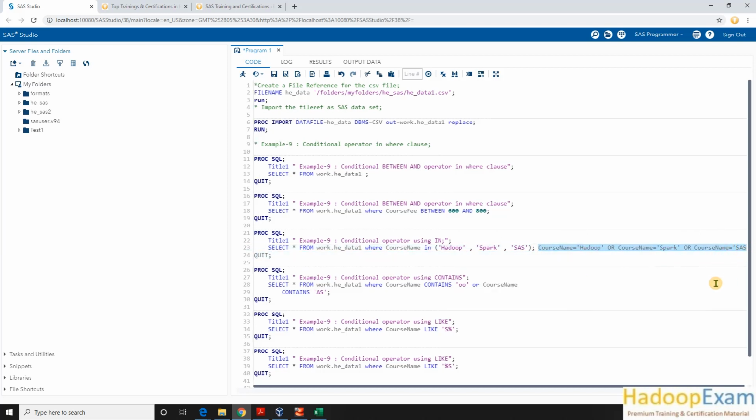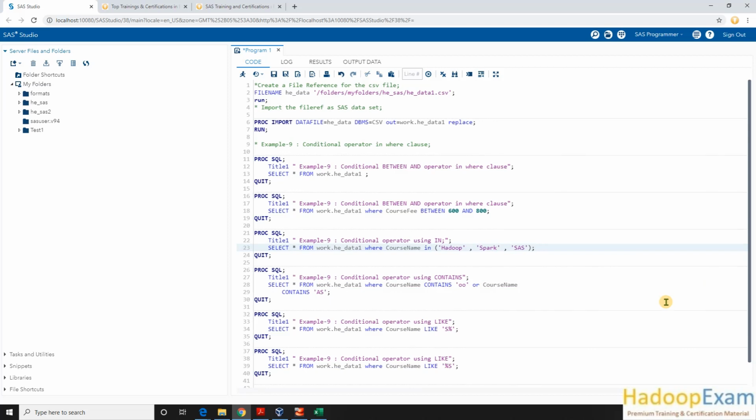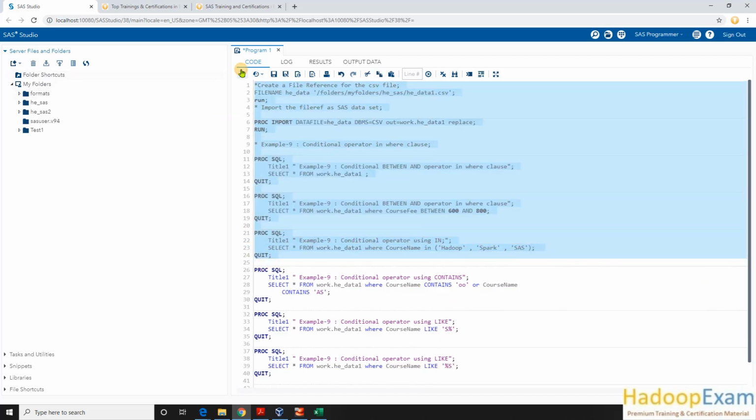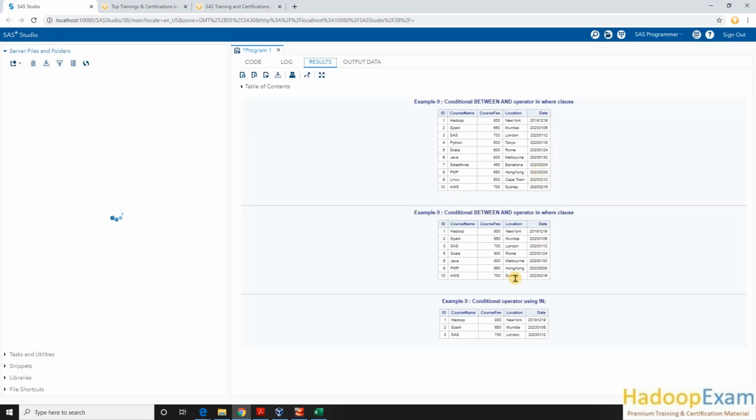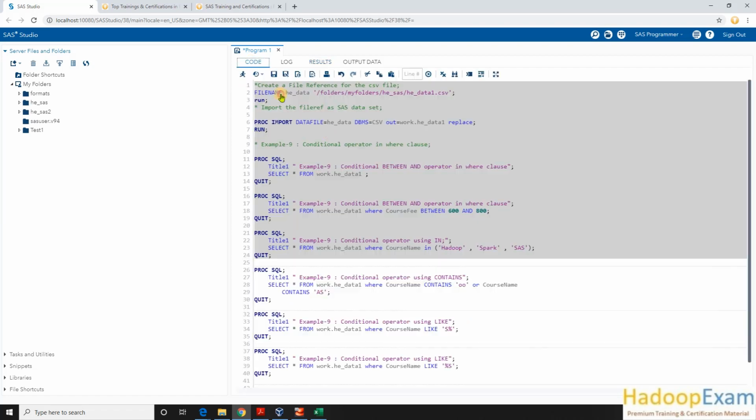So now let's assume if you have to put such 100 values, then you would be writing this OR clause 100 times. This is not good. Rather you would be using the in operator and you just simply put the values. So a course name, any of these values, if present in my data, give it in the output, correct? So we would be using this over here. So my output would have Hadoop, Spark and SAS. All three would be selected over here.